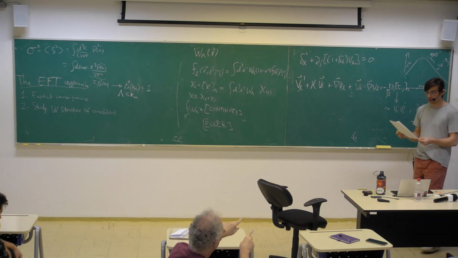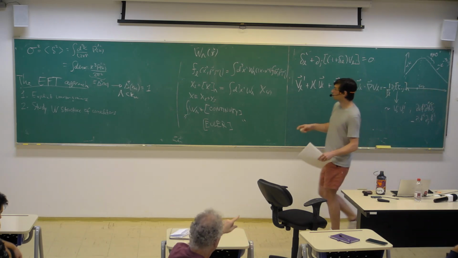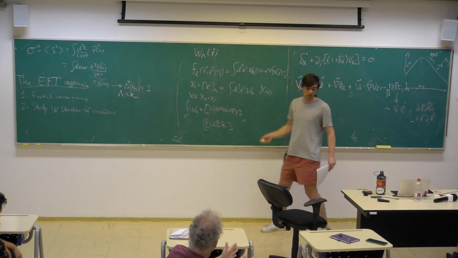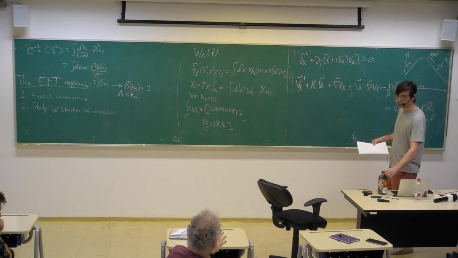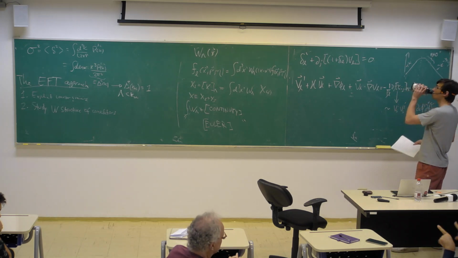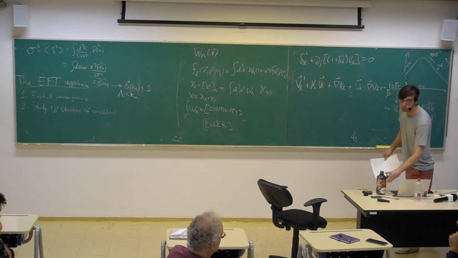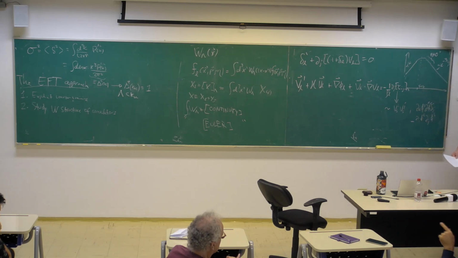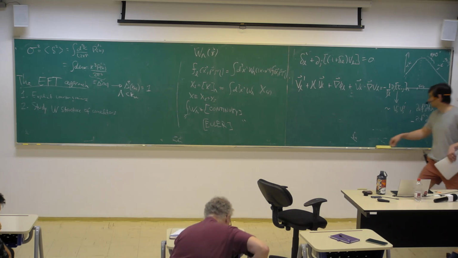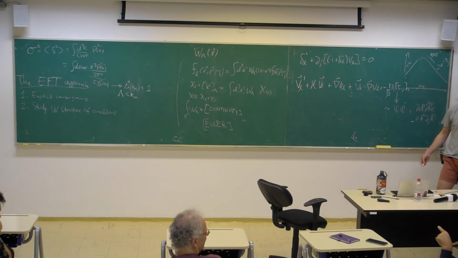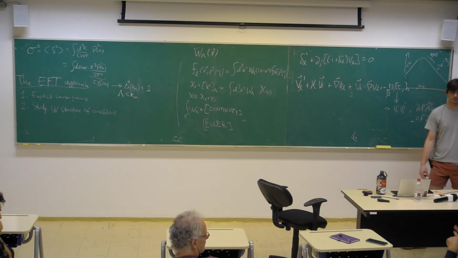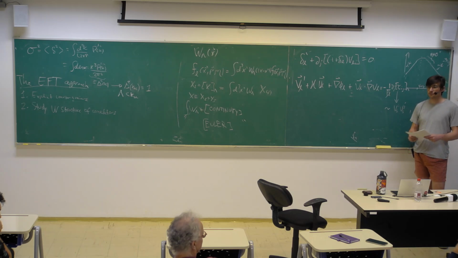So what does it mean, the square bracket lambda? It means that you filtered it on some scale lambda. But these are only small scales, so the filtering, does it matter? I mean, the sum of two high frequencies can give a small frequency, because if they are almost equal, their difference is small. If you have a convolution of two functions that only have support at high frequencies, this gives you support at low frequencies again. Sorry, Louis, I didn't mean to attack you. If you have a small frequency and a high frequency, you always get a high frequency.